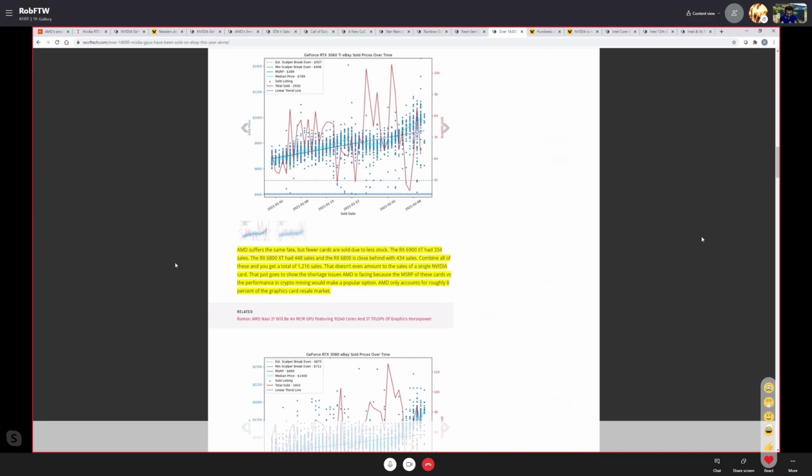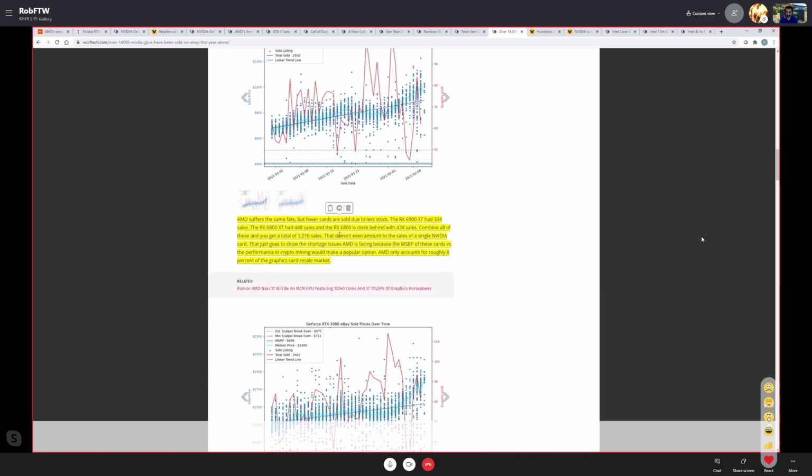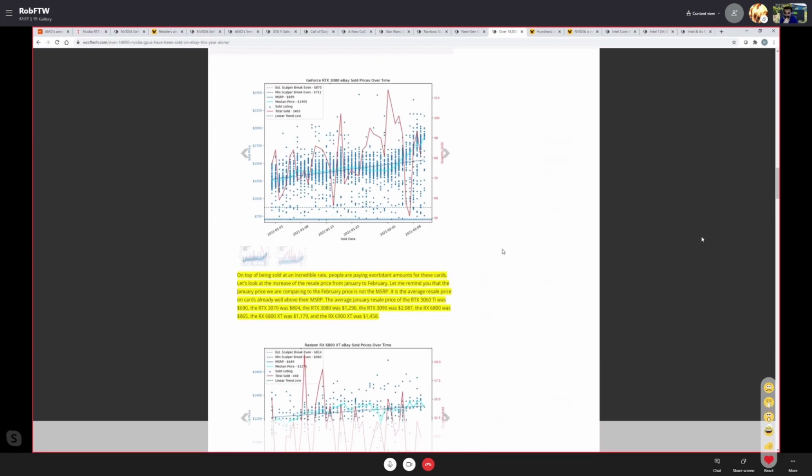AMD suffers the same fate, but fewer cards were sold due to less stock. The 6900 XT had 334 sales, the 6800 XT 448, and the 6800 was 434. It doesn't even amount to the sales of a single Nvidia card. Yeah. AMD has a huge shortage, much worse than Nvidia's. Not many people like to admit it, but anyways,